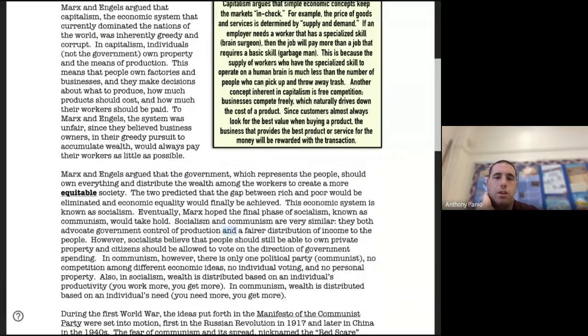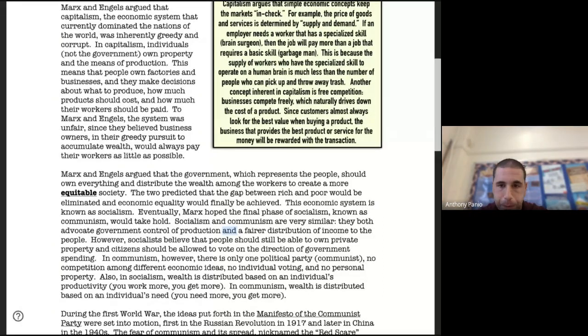Marx and Engels argued that the government, which represents the people, should own everything and distribute the wealth among the workers to create a more equitable society. That is a big term the last couple of years in this country, and it's a term you've got to be careful with, because socialism and communism sometimes lead to equity, which is basically everyone getting what they need to be successful, which sounds good. We just got to be careful, because too much equity could lead to a completely different type of economy